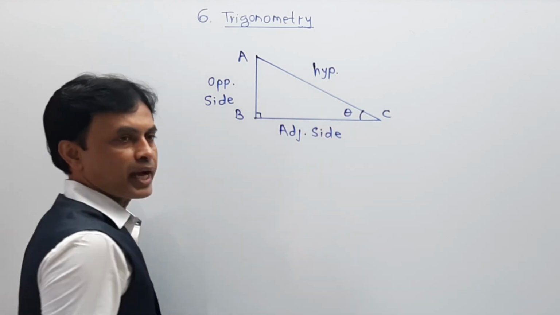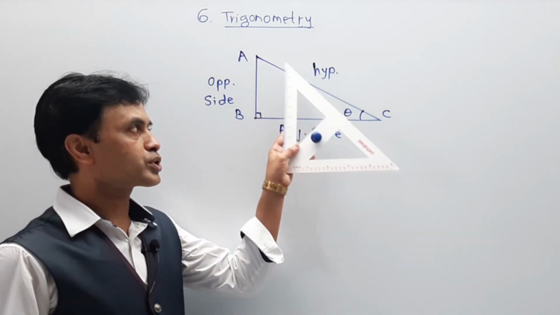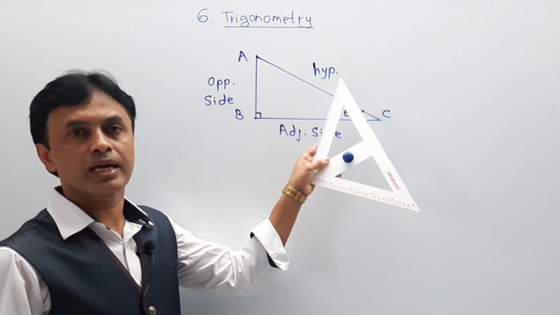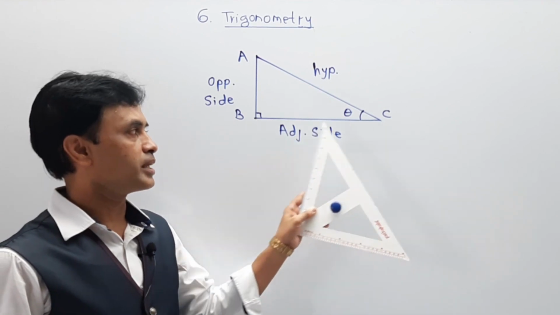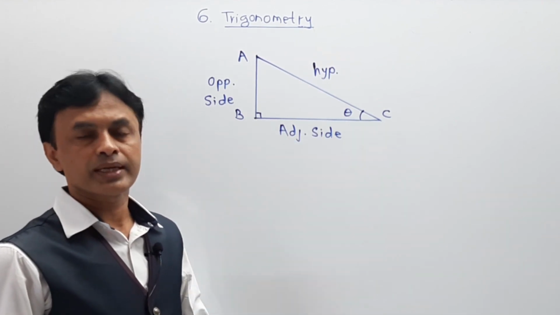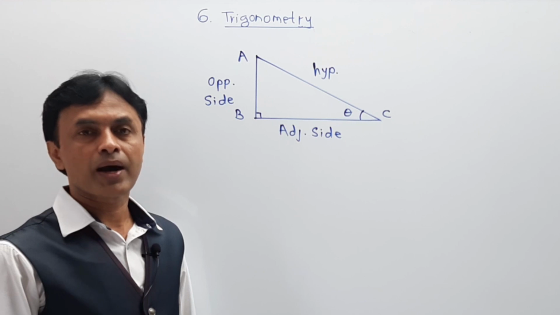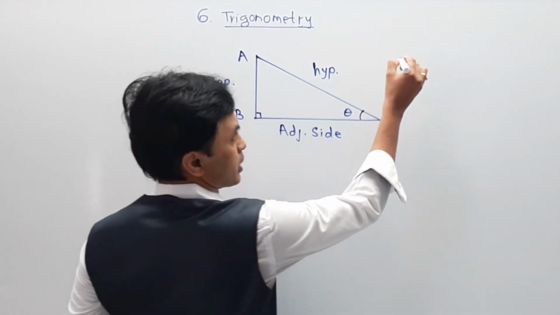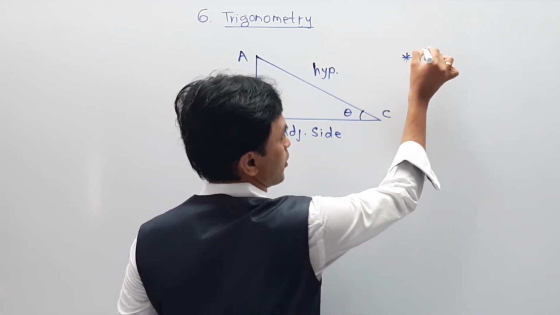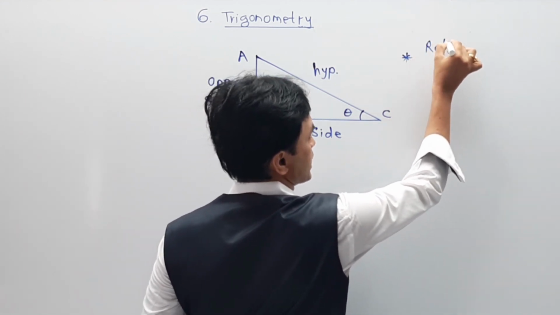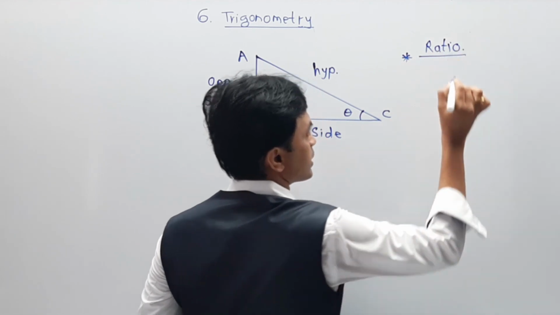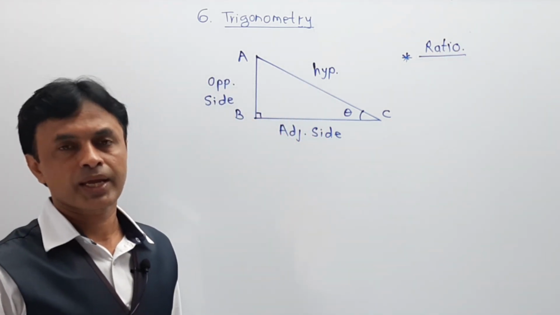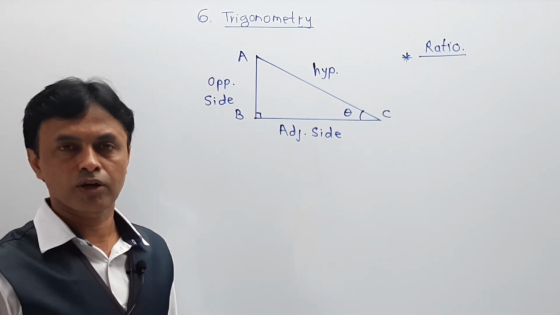Remember carefully, theta is actually connected with both sides, AC as well as BC. But as we have given AC the name hypotenuse, we have given side BC the name adjacent side. In this case, there is a part to be taken into consideration with the term called ratio. So here a logic is going to get started with the help of ratio. Now what exactly is that logic that we have to understand? This ratio is a part where one value we write at the numerator and the second value we write at the denominator.